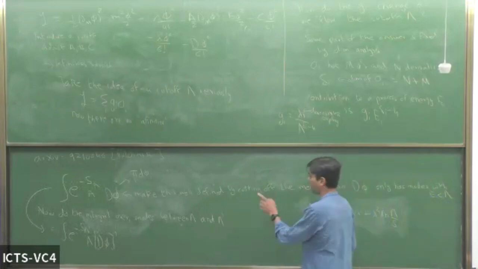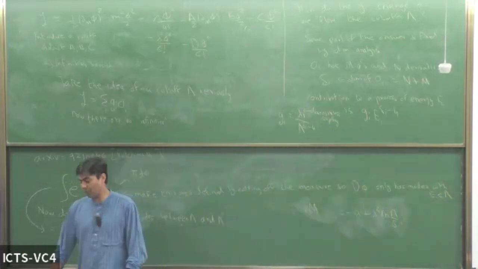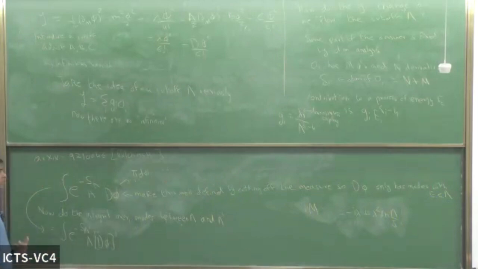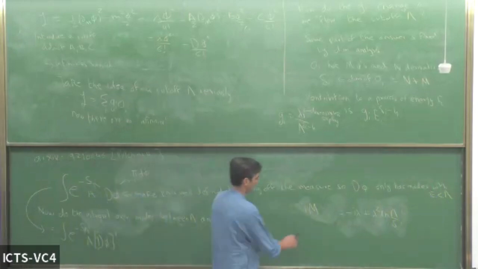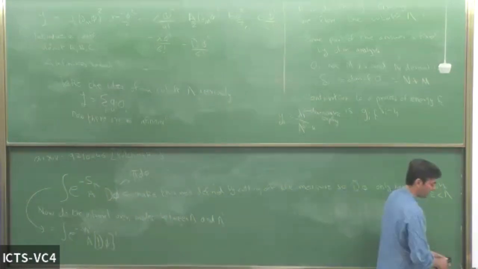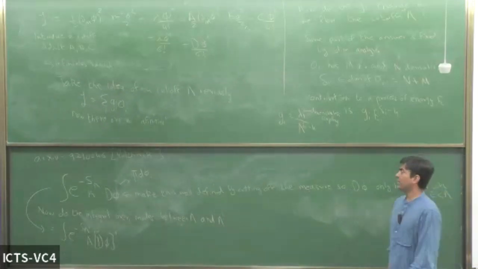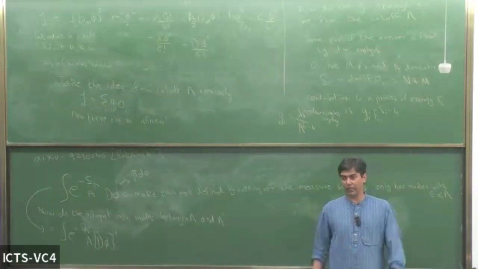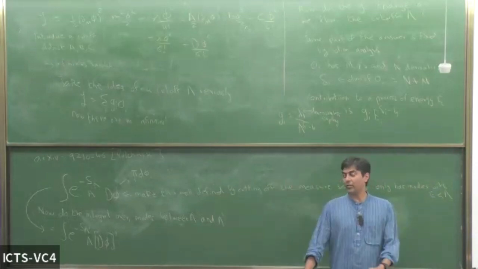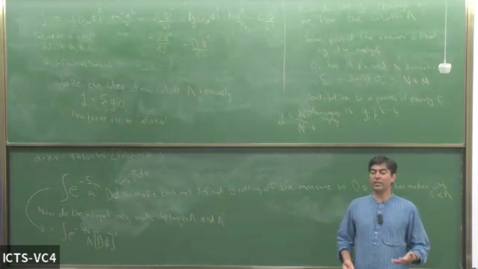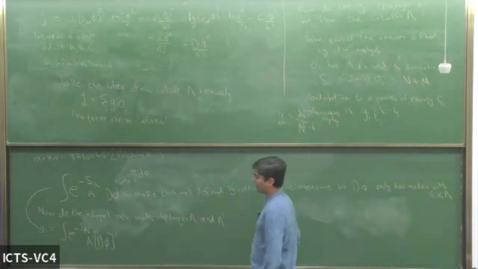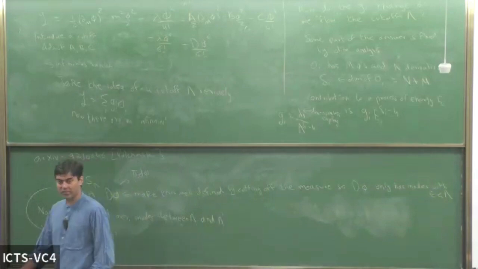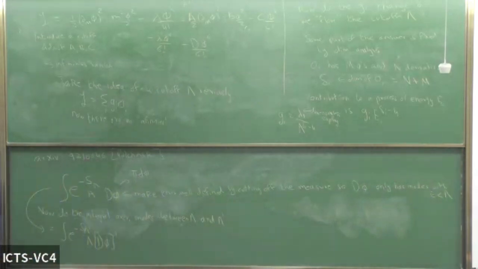You can answer this kind of question, in the full quantum theory, by doing this. This is not what we actually do in practice, but this is one way to think about how you're answering these questions. Because you might have thought, what if I did a one loop calculation for 2 to 2 scattering to see how this lambda changed, and then I did a one loop calculation for 3 to 3 scattering. Why does it have to change in the same way? What this tells you is that it has to change in the same way because what you're doing is something physical. You're really integrating out some modes. So it's not that what you're doing is specific to one particular calculation, but rather that you're integrating out some modes.